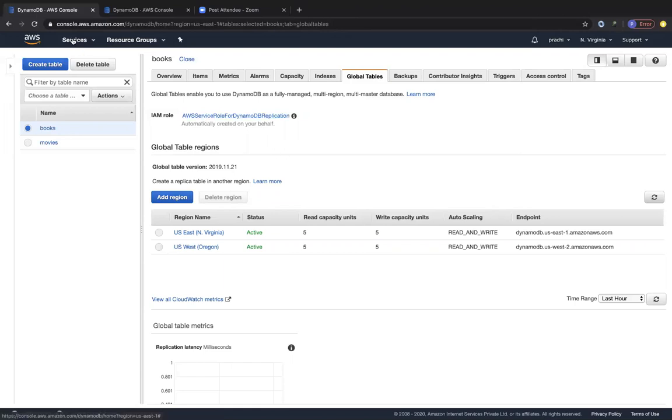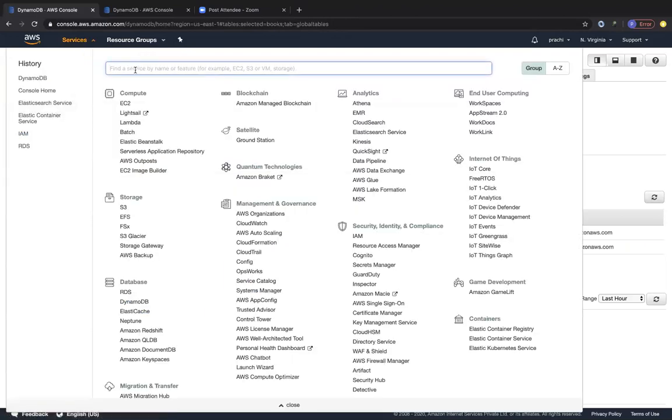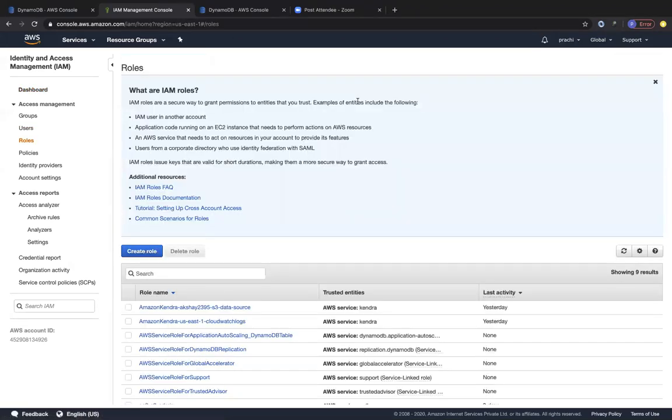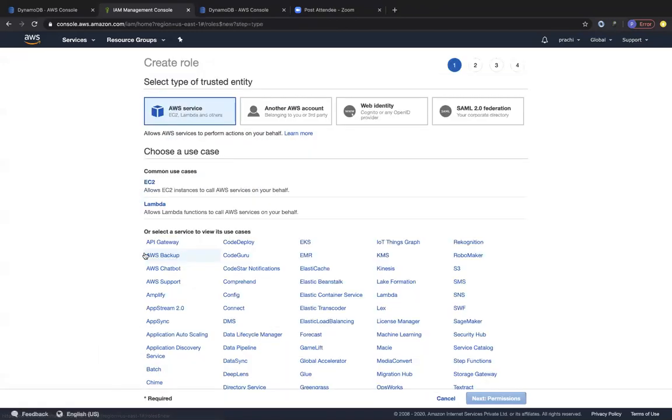Let's first create an IAM role for us, which is going to access DynamoDB, right? So I have opened up IAM in a new tab. Now you will totally understand DynamoDB in its true nature. So let's go to users. Sorry, let's go to roles because we need to create a role for Lambda. Let's click on create role, and we are going to choose Lambda over here. And let's click on next permissions.